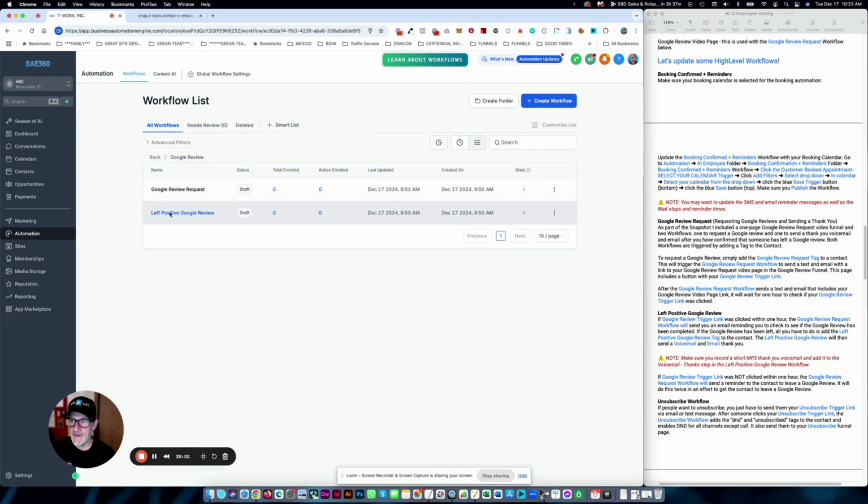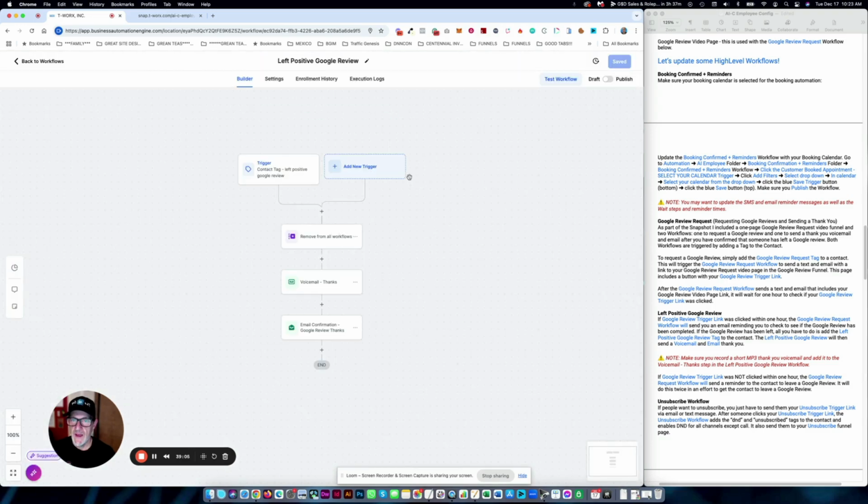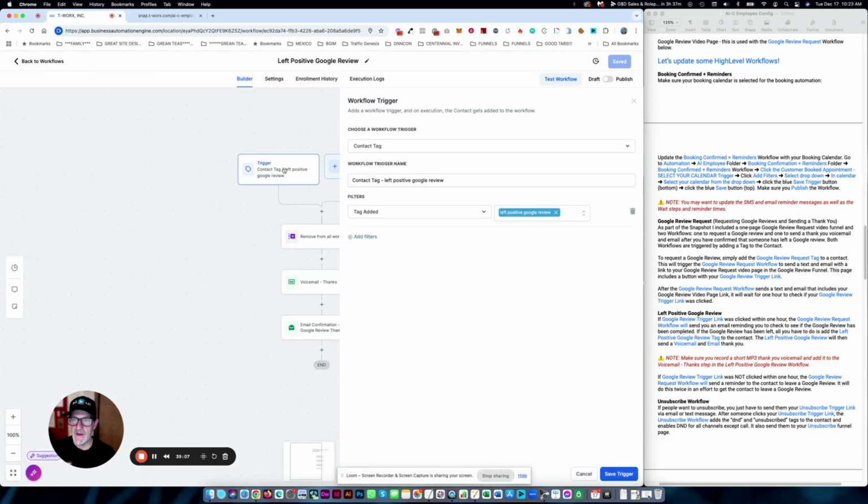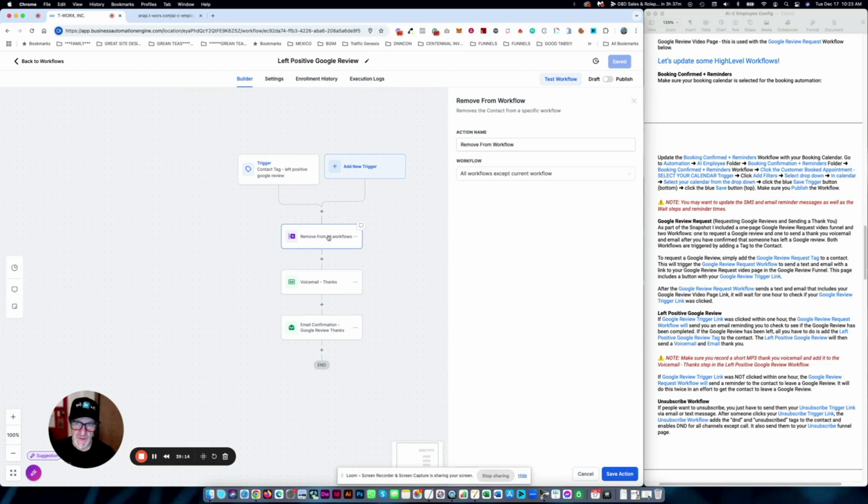right here, left positive Google review workflow. And all this does is the contact trigger is this one. When you're adding the left positive Google review trigger to their contact, it fires this workflow off. It removes them from all the workflows. It sends them a voicemail message here of you saying, hey, thank you so much for leaving a Google review. It's greatly appreciated. But just remember, you need to upload an MP3 for your voicemail message to be sent to them, okay? But it's real simple. Just record a simple, few second, genuine message saying thank you and how much you appreciate the Google review, and